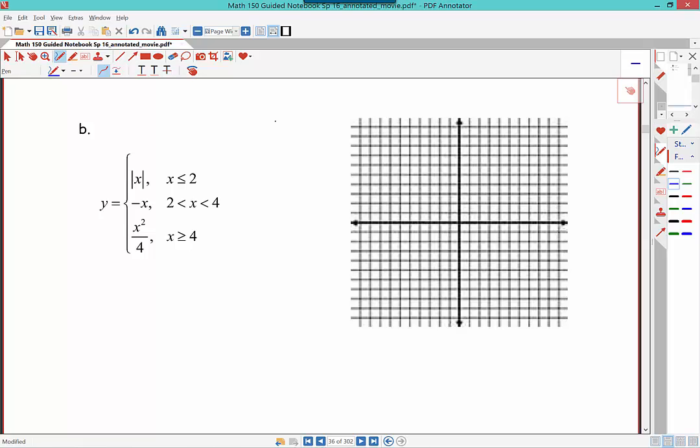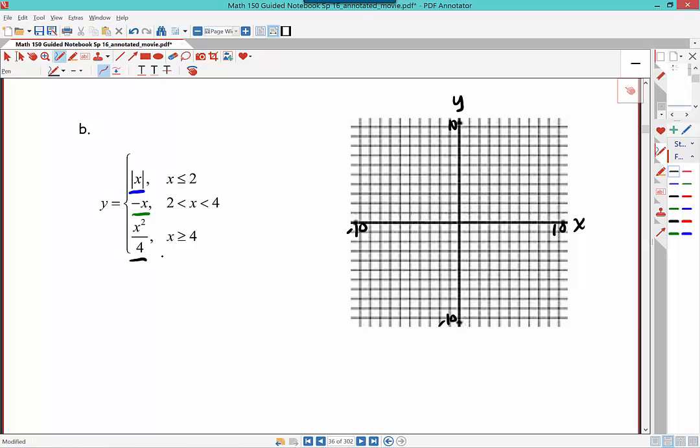Okay, let's see how you did. So let's graph these in a few different colors. This will be our x and this will be our y. And I guess we'll just go to plus or minus 10. So if we graph this one in blue, and this guy in green, and this guy in black, we'll have